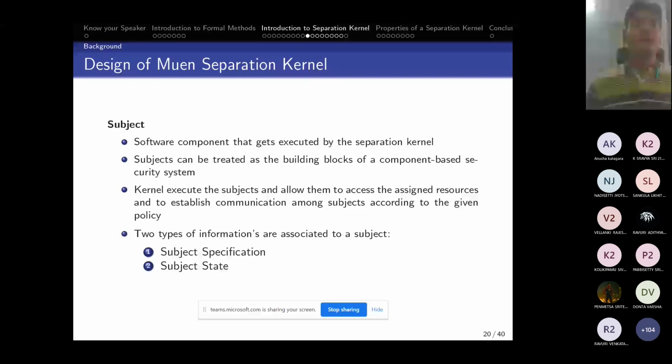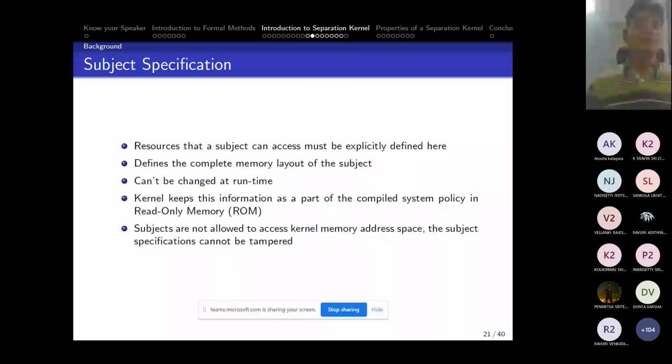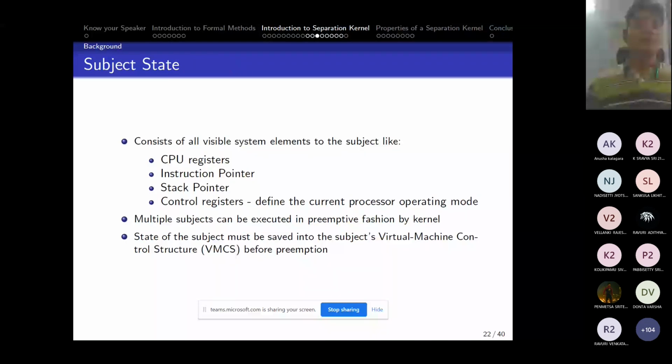Here also we have subject specification and subject state, and there could be many states, like what is in the CPU registers, what is the instruction pointer, what is the stack pointer of a particular subject. And there you would have seen PCB, process control block. But here in case of microkernel, we see it as a VMCS, that is virtual machine control structure, which will store all the information of a subject.